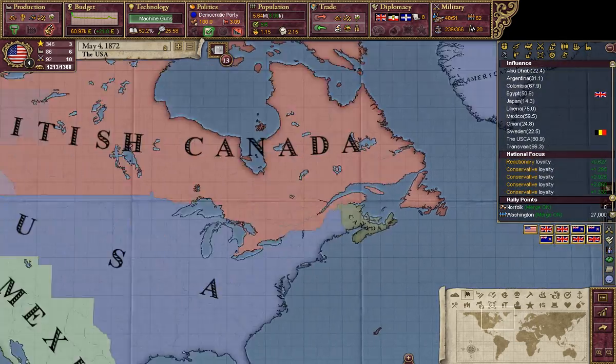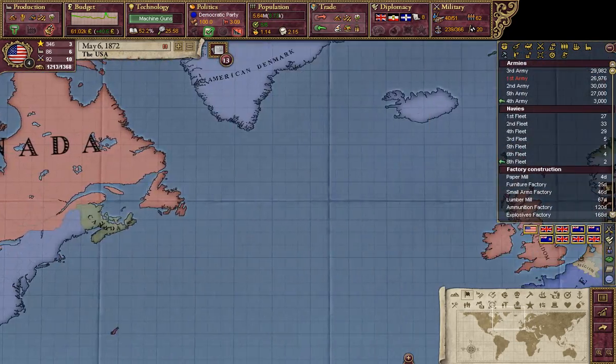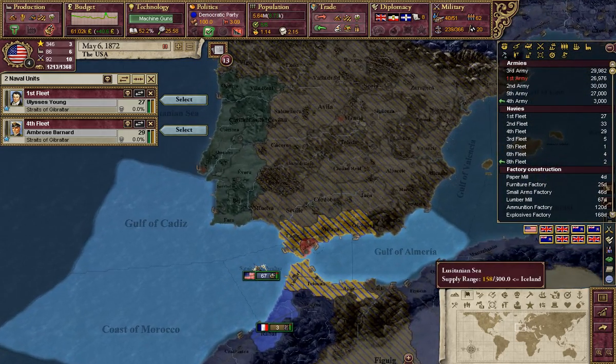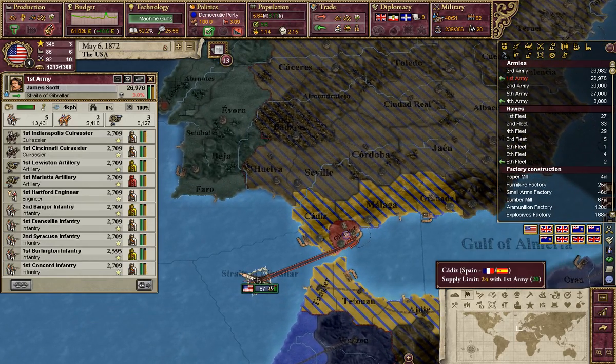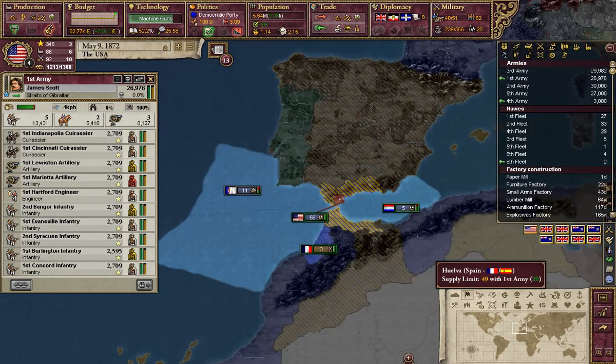I'm building troops, apparently. How are my occupations going? Ooh, are my men in... They are indeed. Which one is the transport fleet? This one. Go to Gibraltar. Nobody can really stop them unless the British Army comes over, so...